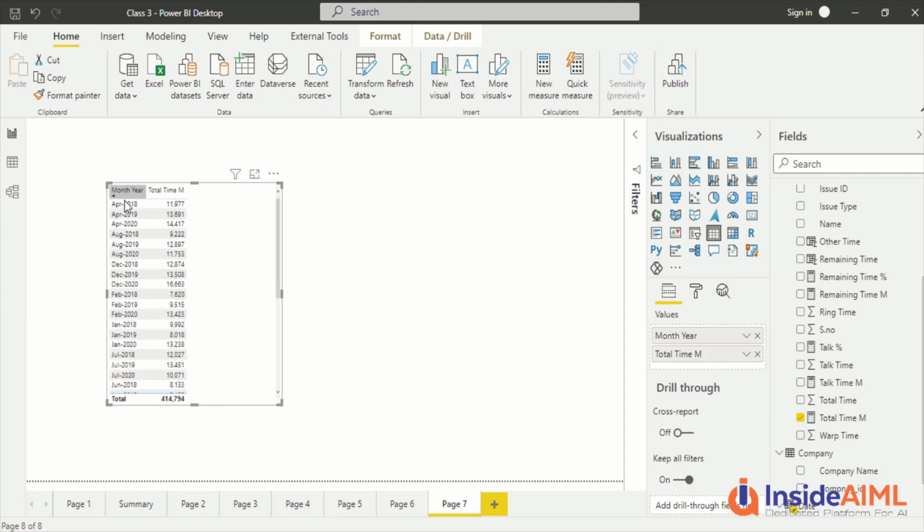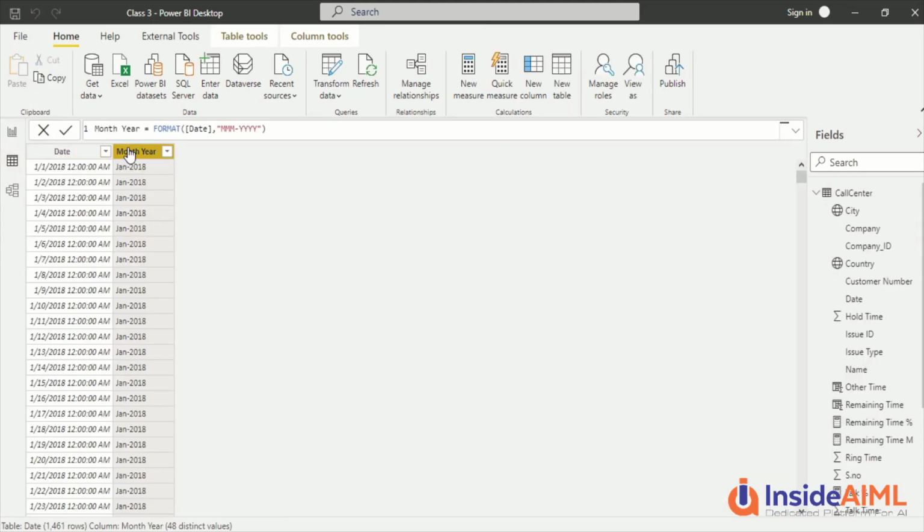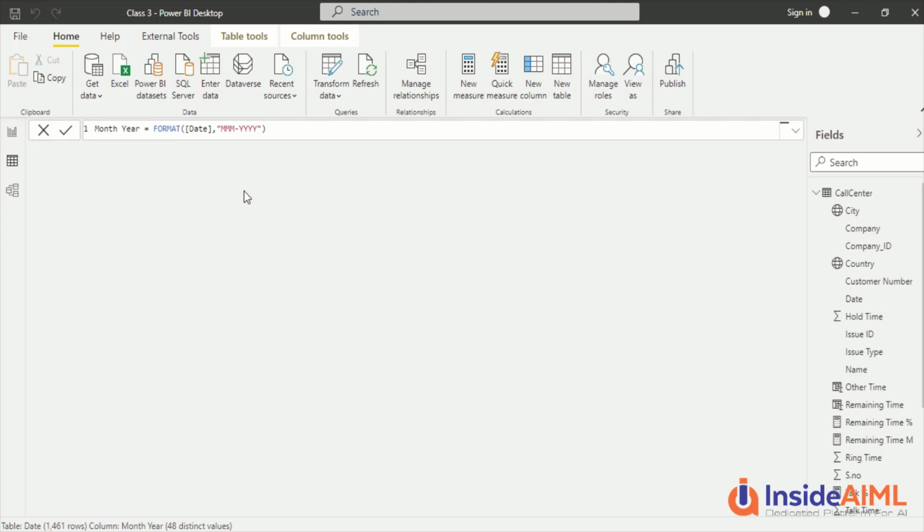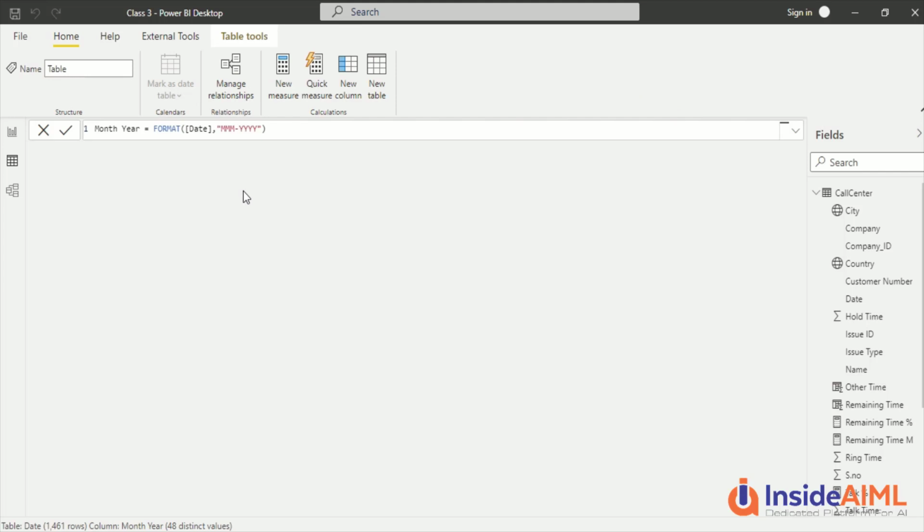We want this month year to always be sorted on month, like January, February, March, April. Now to do so, we have a functionality which is column sorting. If we can create a column which has a similar kind of granularity, meaning it is also a month year, but a sortable month year, then we can do it. And the easiest way to create a sortable month year is YYYYMM. Four Y and two M is one way where we can get a sortable month year, which can be correctly sorted.